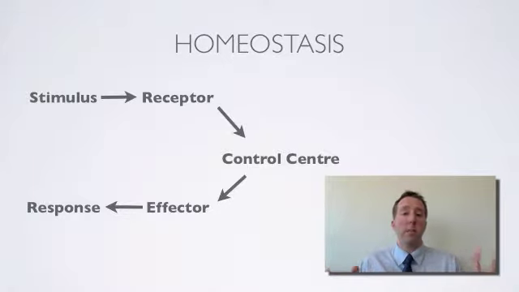So, your body temperature, it's about 37 degrees and it doesn't change much. If it goes up to 45, you'll be dead. If it drops down too low, 20 degrees, you'll probably be dead too. But there's all sorts of things that are maintained at homeostatic, or stable, levels, and it's temperature. It's the amount of glucose in your blood. It's the amount of salt in your blood. It's the amount of water in your body. We need to have a really stable internal environment for the amazing array of things that happen in our body